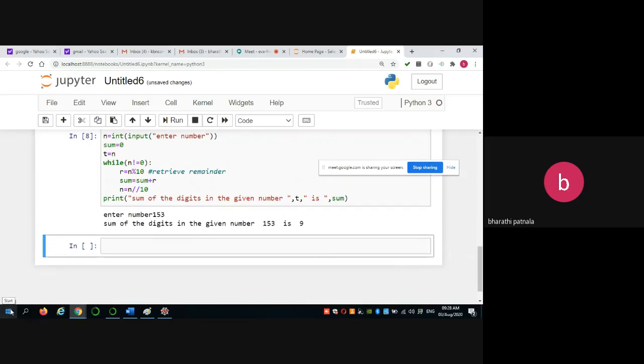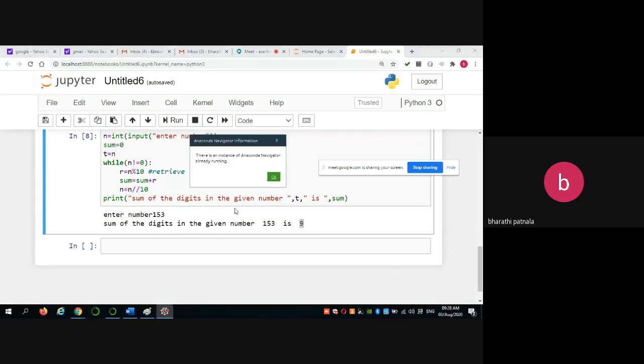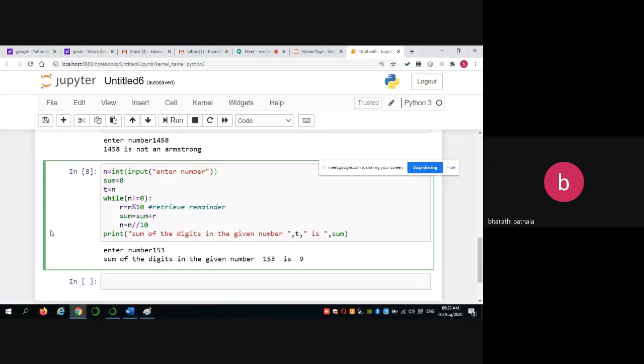Suppose if the answer is a single digit, no problem. If the answer is more than a single digit, then you must make it a single digit. How can you do that?